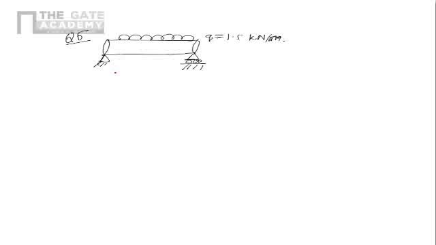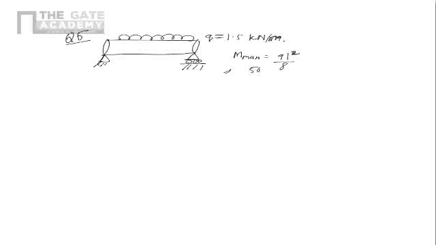Now obviously for this case we know the answer. M max is nothing but q into L square by 8. That is the answer. And if you do not remember, you can solve for it and figure out that this is the value of maximum moment. So if I just solve this, you can use your calculator to solve this problem. You will get the value equal to